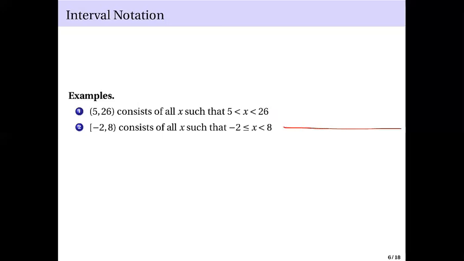So this is your real line. And suppose this is your negative 2 here and then your 8 in here. And then we said we want to include the negative 2. So we write this as a square bracket here